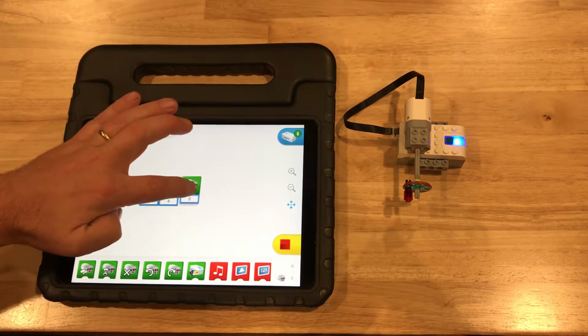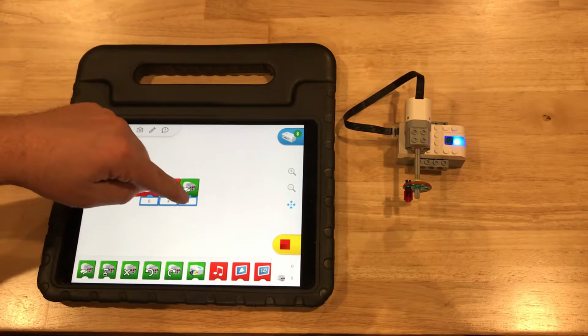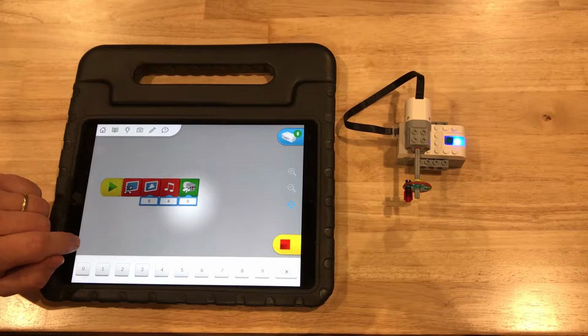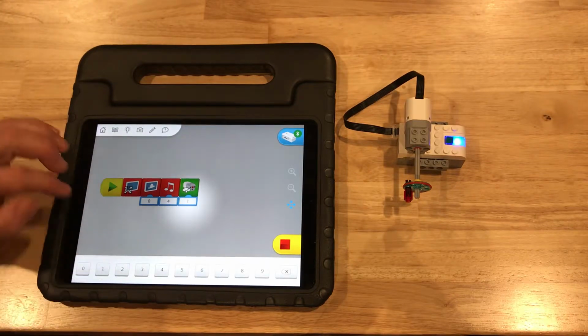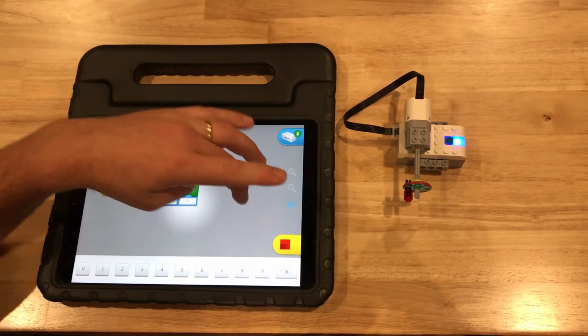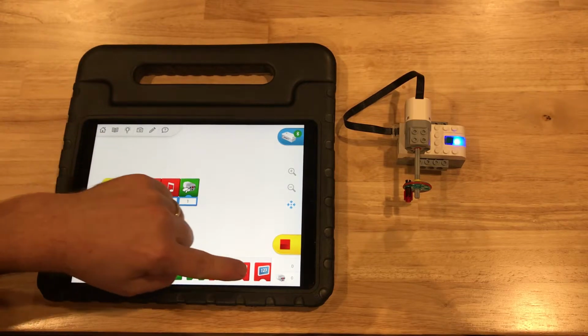Now we said we wanted the motor to spin. I'm going to introduce this block here. You see it has a meter on it. That is our ability to control the speed of our motor from 0 to 9, with low being slow, high being fast. Let's pick 1. Okay, we want that to spin for a bit. Then